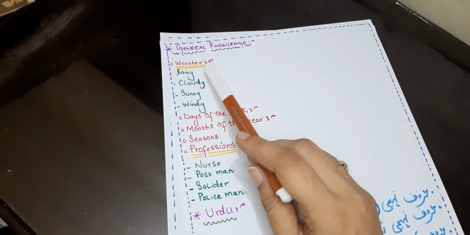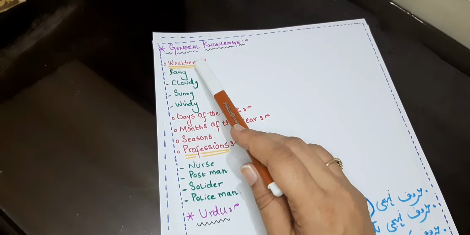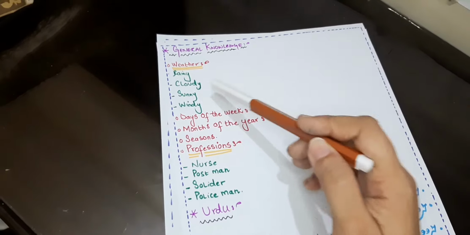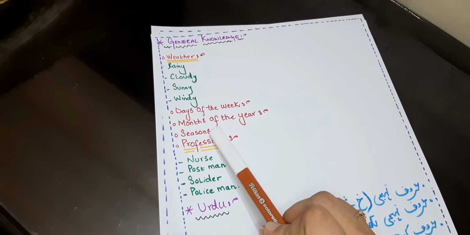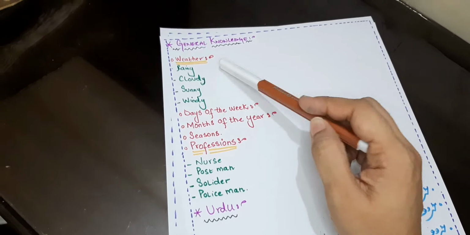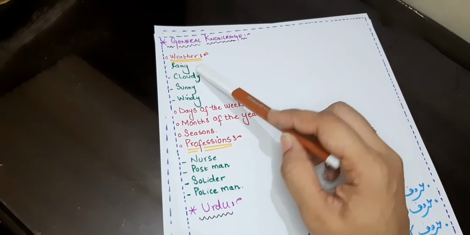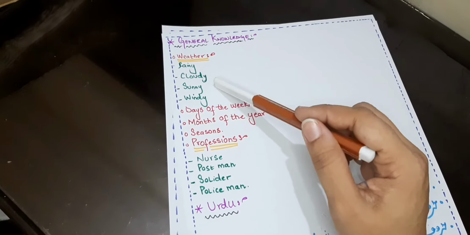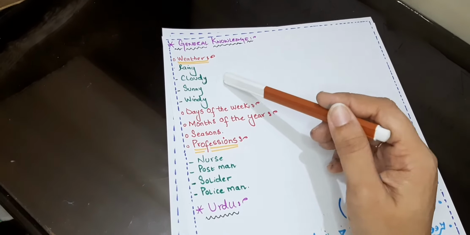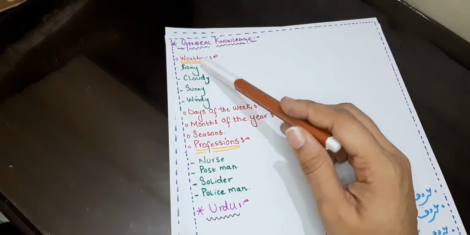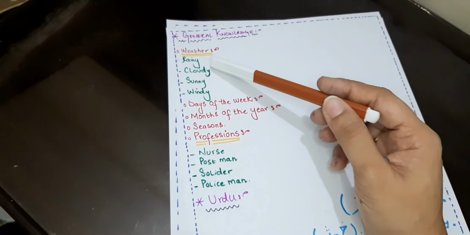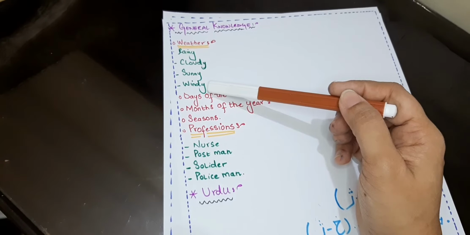So in the final term, you will include the weather. Okay, so rainy, cloudy, sunny, and windy. They should know about the seasons. So once they know about season, you can include all the weathers. And these days they are experiencing a lot of weather around them. So you can teach them whenever there's cloudy or windy. If it's raining, so it's rainy, and if it's hot, so it's sunny. So you can teach these weather with them.